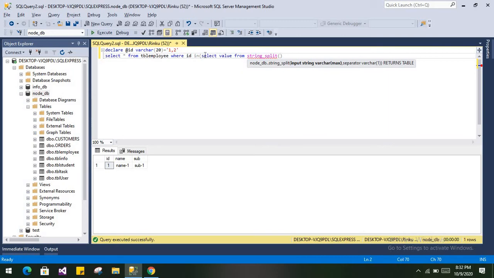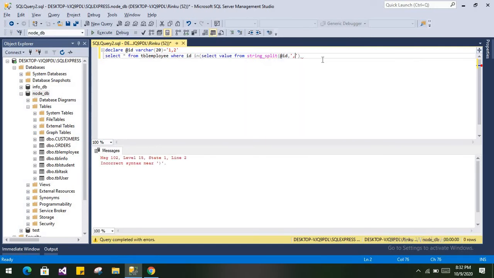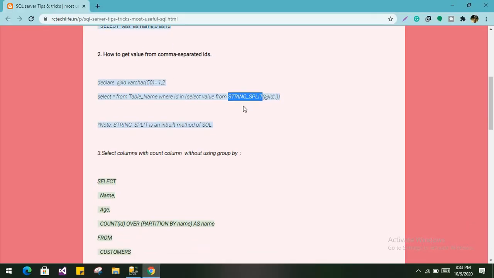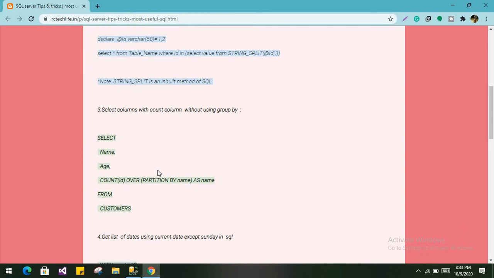First you pass the value, which is @ID, comma, the separator, which is a comma). When you execute it, you will get your result. So you will get the two records whose IDs are 1 and 2. It's so simple, but sometimes it becomes too critical if we don't know how to perform it.